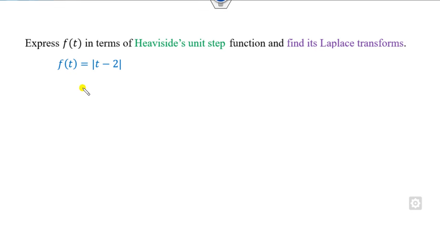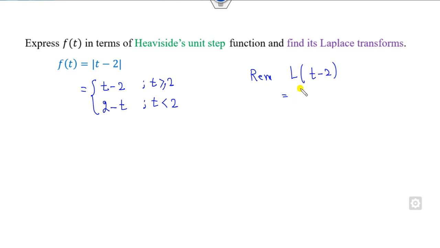First of all, you have to write this function: whenever t is greater than or equal to 2, the value is a positive number, and whenever t is less than 2, it is a negative number. Always remember, students, if you know the Laplace of this, it will be 1 over s squared minus 2